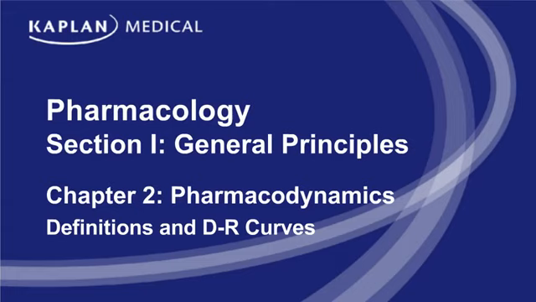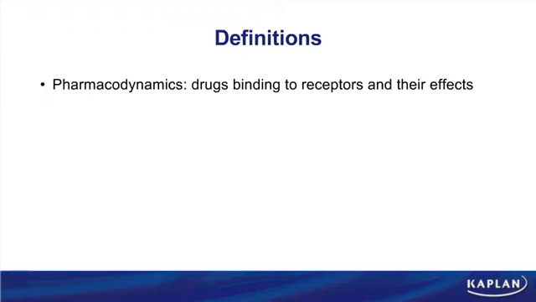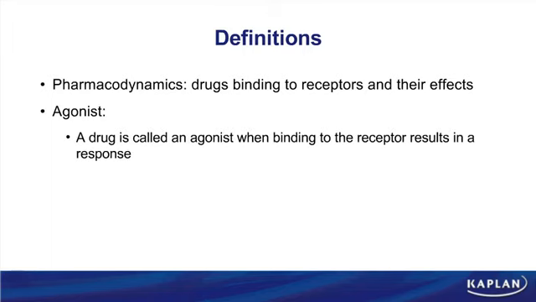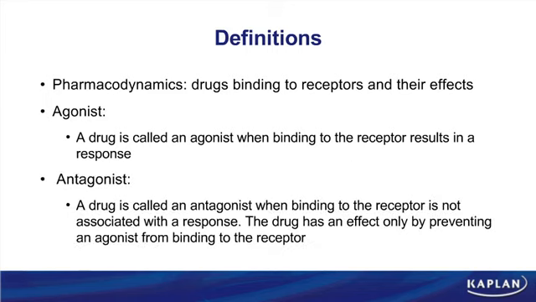Chapter 2 is going to deal with pharmacodynamics. We start with some basic definitions. When you think about the terms agonist and antagonist, it should be very easy terms for you to define. An agonist basically is a drug that's going to stimulate its receptor, causing a response, whereas an antagonist binds to